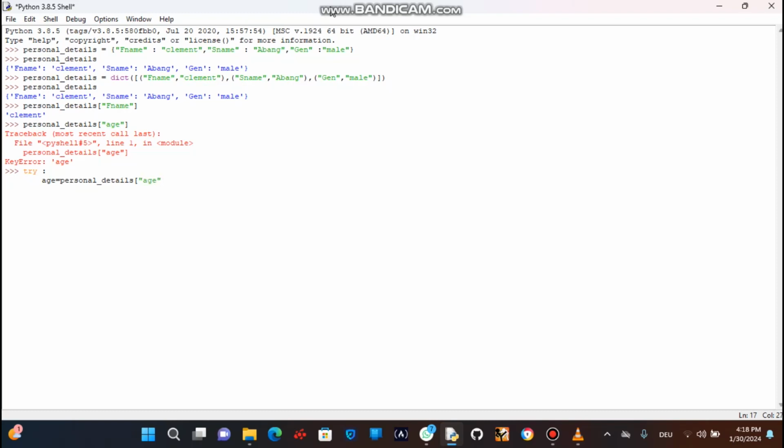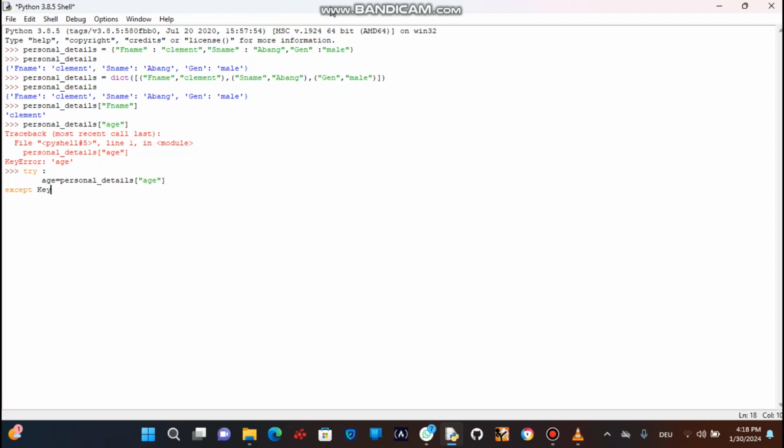So here we created a variable age and we assigned the key that doesn't exist in our dictionary, to see if there is an error. So we try to check if there is an error, and here you write except, you remove the indentation, except